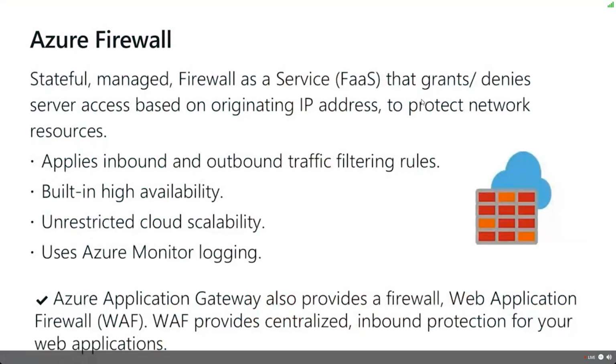When we look at Azure Firewall, we already talked about its inbound and outbound traffic filtering, what ports can come in. And now we can look at what happens inside those packets. The Azure Application Gateway has this built in for your applications behind it. So there's a couple of ways inside of Azure to do this.